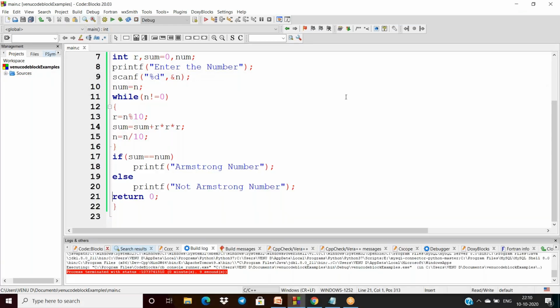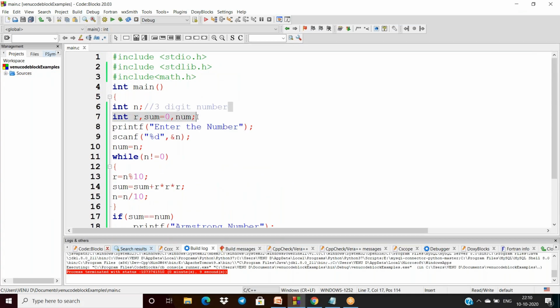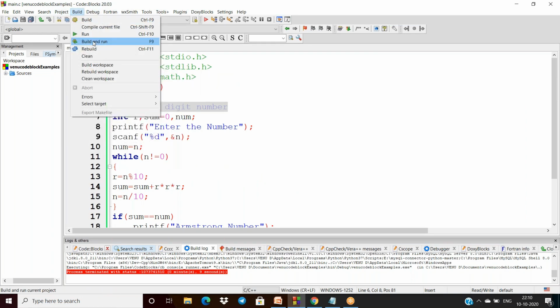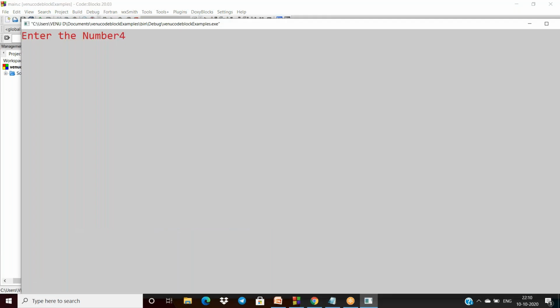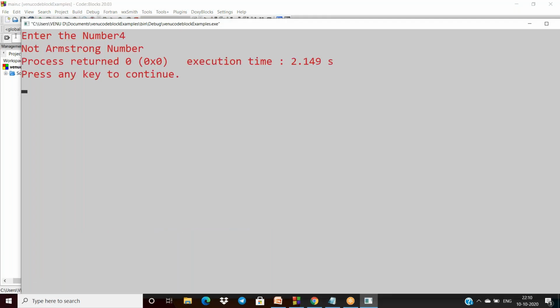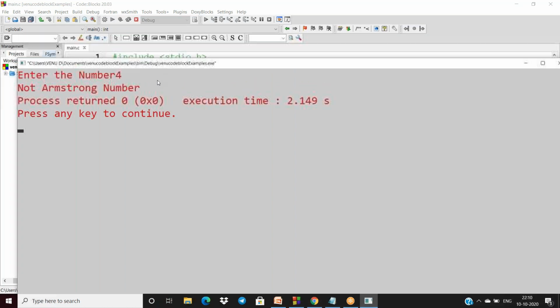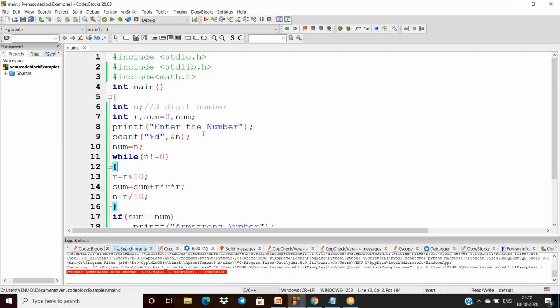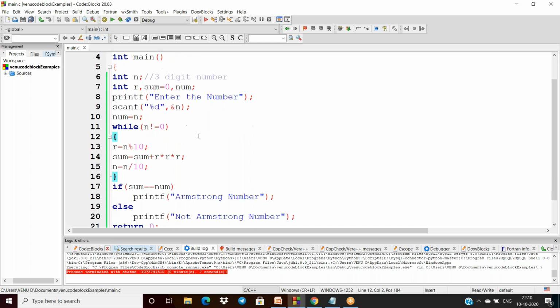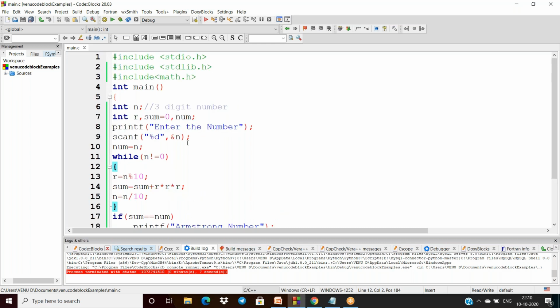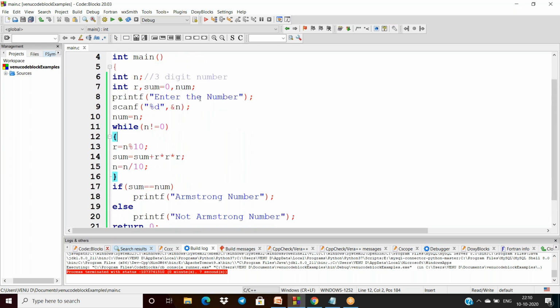But see, this code is only for three digit numbers. If I try to give, suppose, a single digit number, what is the output here? It says not an Armstrong number. So that means this code is not universal. We have to implement the code to be universal, so that whether the number is 1 digit, 2 digit, or 3 digit, it can give the correct answer.